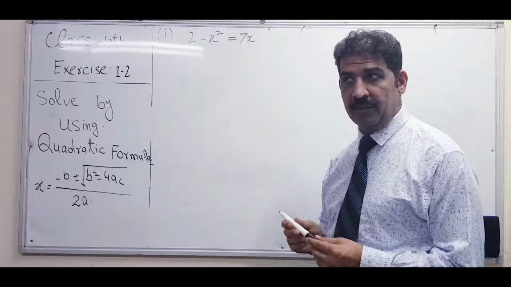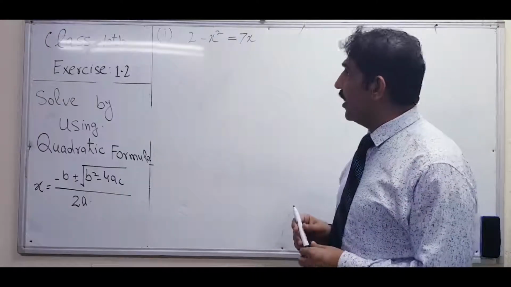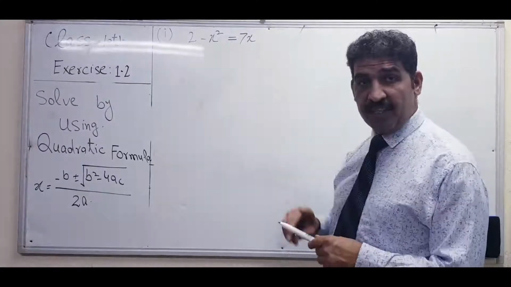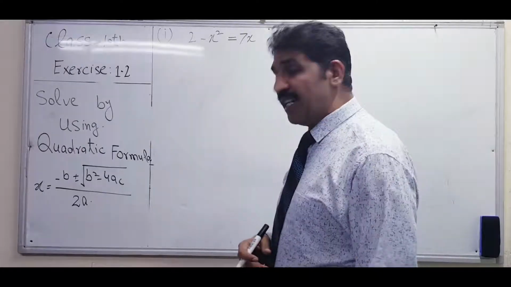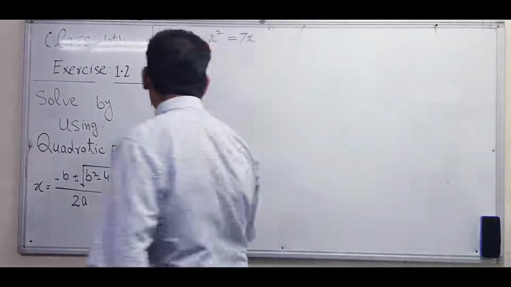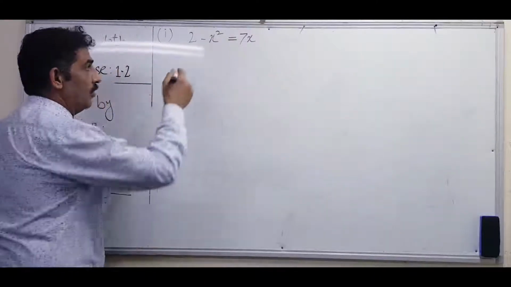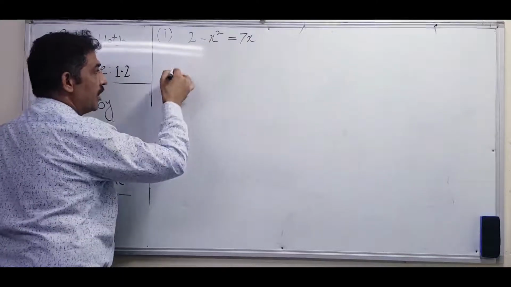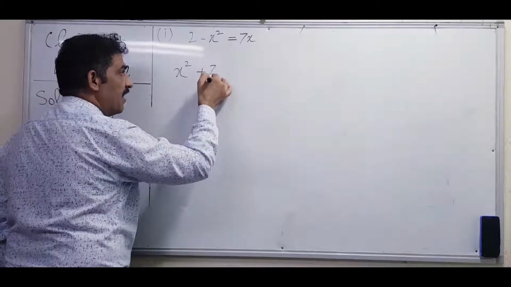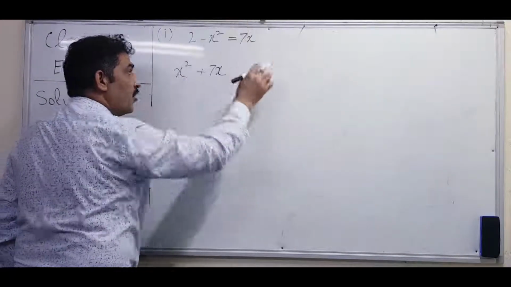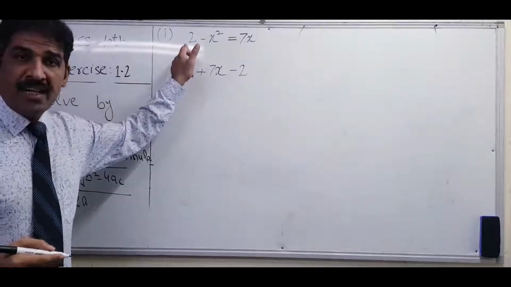standard form. And what is the standard form? Yes, ax square plus bx plus c. It means that the first term is having x square, second term having x coefficient, and third term is the constant. So we have to rearrange. When we are rearranging that one, we are shifting all these terms on the other side of the equal sign. When shifting to the other side, minus x square will become plus x square. It's the same place, so plus 7x will remain same. 2 is shifting on the other side, so it will become minus 2. Equal to 0 is remaining on the left hand side.